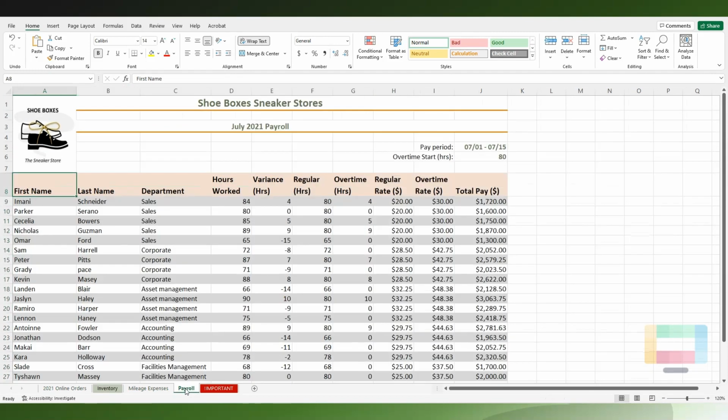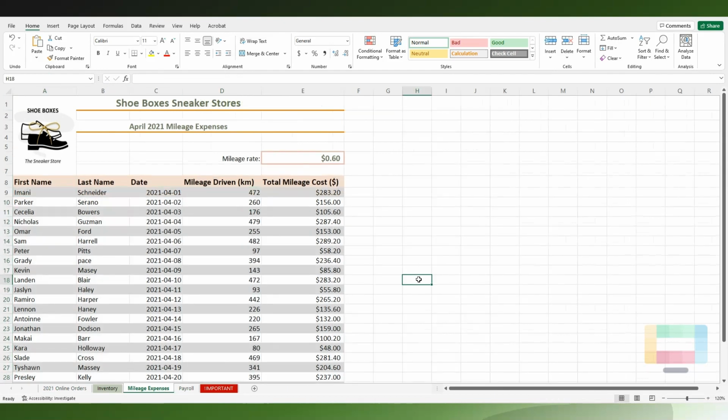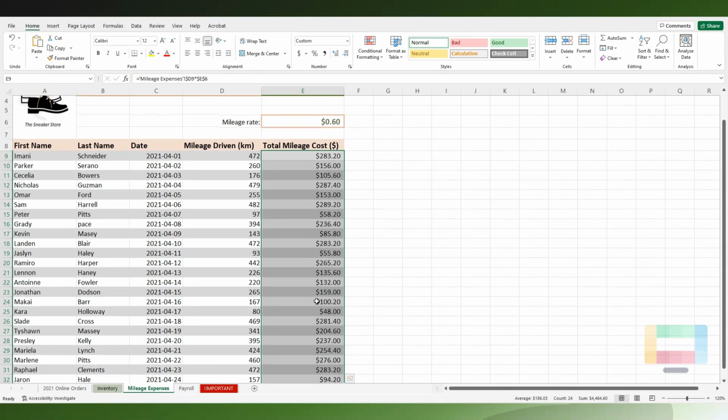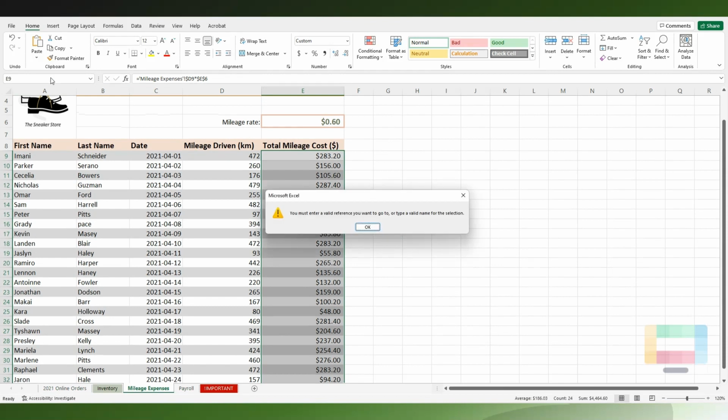Let's go to payroll or mileage expenses, for example, and let's select the total mileage cost for the month of April. With everything selected, all we have to do is start to type within the name box to create our named range, right? So just click in there and we can say 2021 April mileage. When you hit enter, you get an error